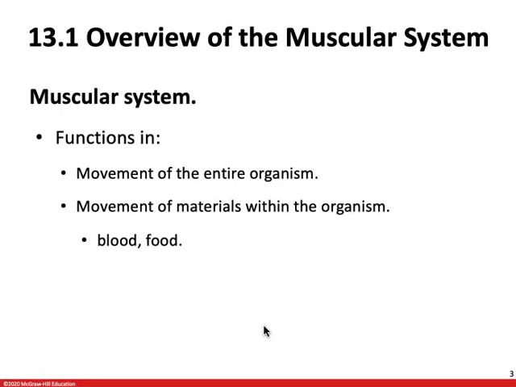So there are three specific types of muscles that we're going to discuss in this chapter, but every muscle has quite a few things in common. So for example, all muscles are excitable, meaning that they can be induced to respond to stimuli. All muscles are also contractile, meaning that they can shorten. They are extensible, meaning that they can stretch. So they'll shorten and they'll lengthen. And then finally, all muscles are elastic, meaning that they can return to their original length after being shortened or